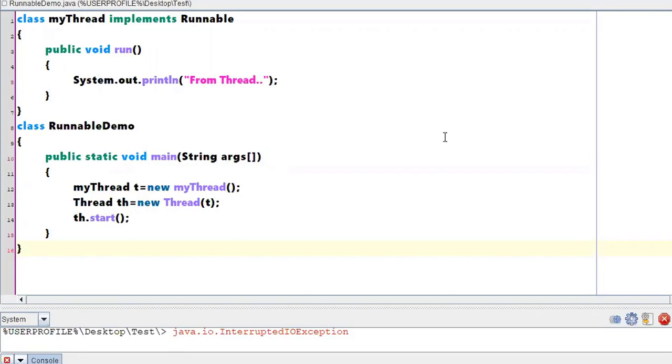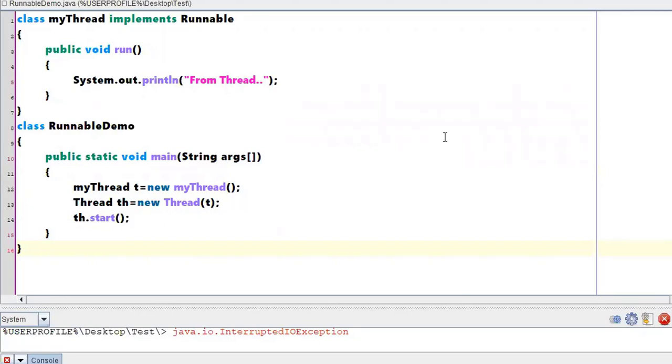So you have two approaches of creating a thread. One approach is to extend the Thread class, and another is to implement Runnable. Be clear about where exactly the methods are. In the Runnable interface, you have a run method, and in the Thread class, you have a start method.